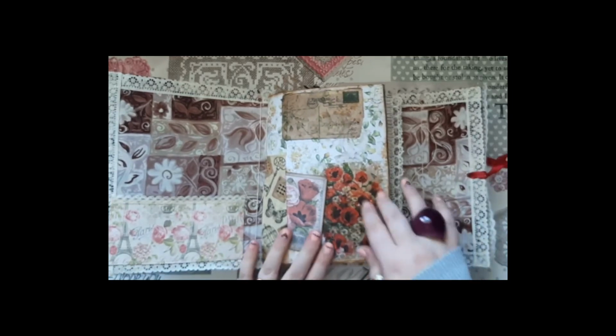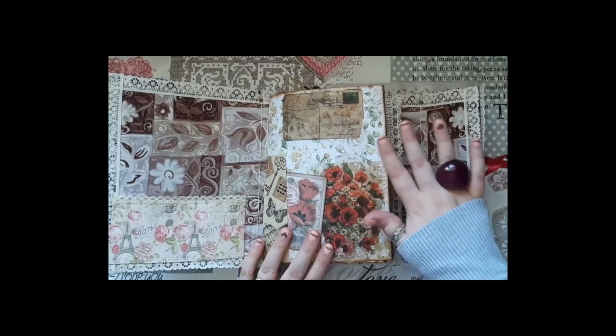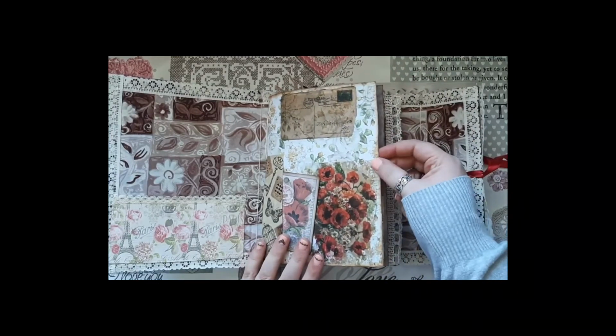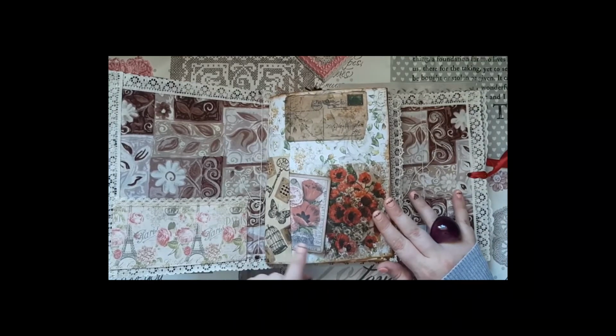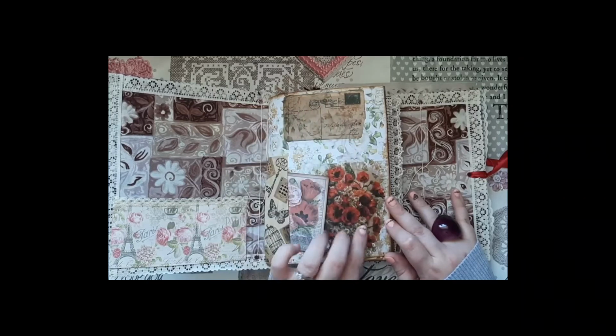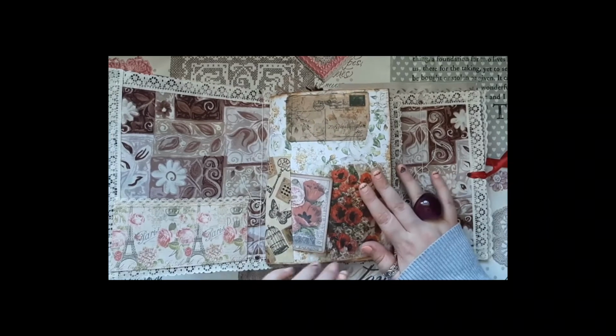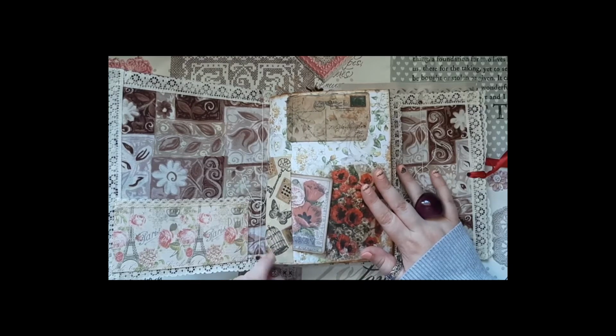So inside the first page we've got this beautiful white rose paper, which has come from a 12 by 12 pad from the Works, which all of the patterned paper in this book have come from. And then this is just some vintage ephemera that I've put on, so you've got a postcard there and some poppies there. And then this is just a piece of patterned paper from Poundland, I think, and I just stamped